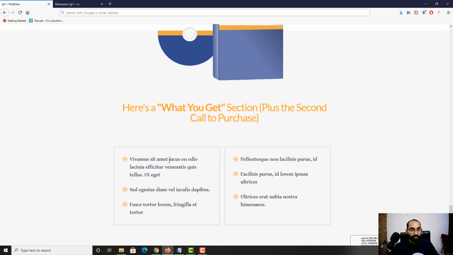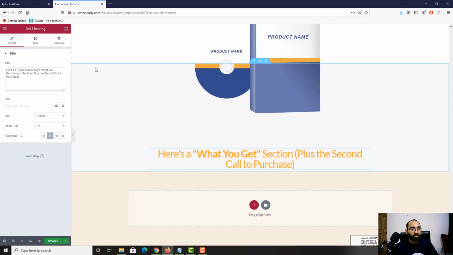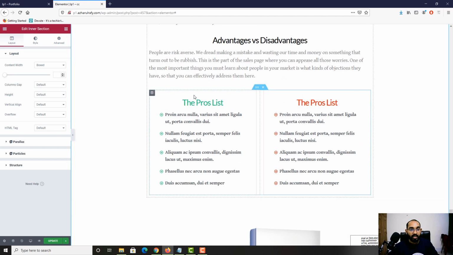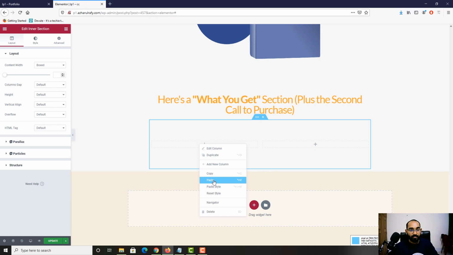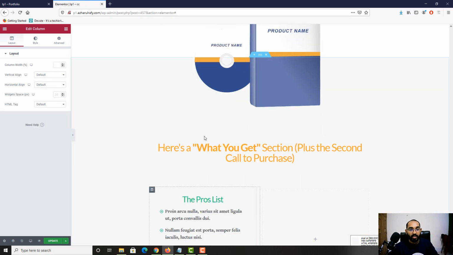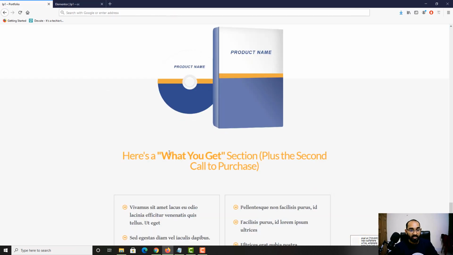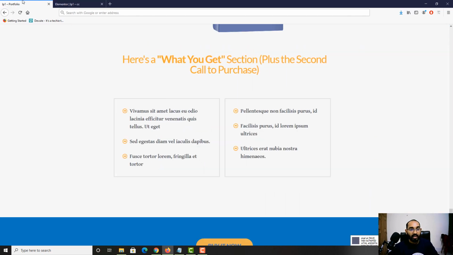And now we have to copy and paste this part, but before that let me take two sections, inner sections, okay, and then I'm going to copy this inner section, paste it here, delete, and we can simply duplicate this one right after we made the adjustment and the modification. So here, as you can see, we don't need this header, and we have got this in yellow. So let me take the yellow color code again,